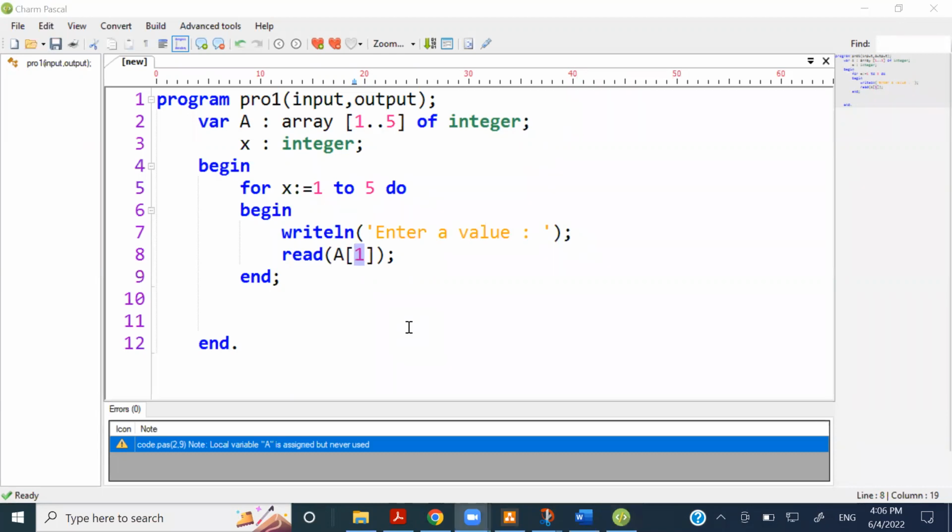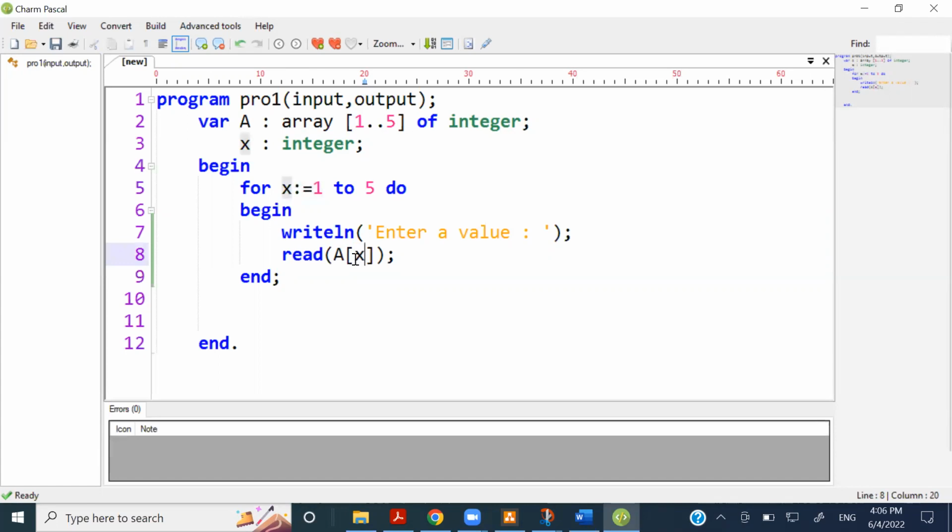Very good, Dinelka. It's the X. It's the X that is changing. So in the first iteration, the value of X is 1. In the second iteration, the value of X is 2. So if I put X over here,